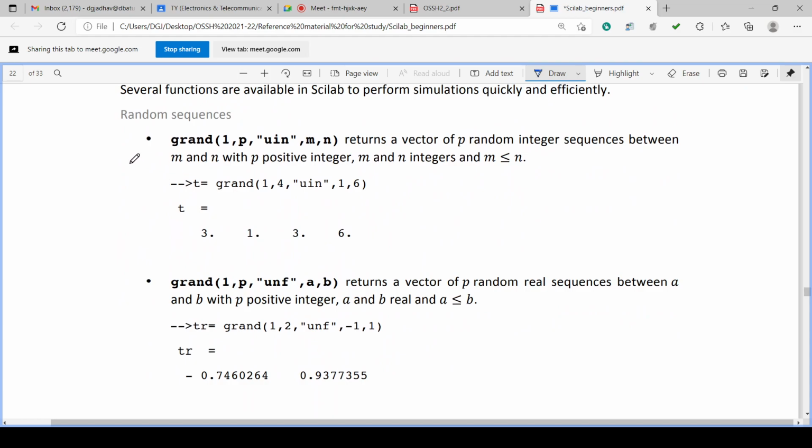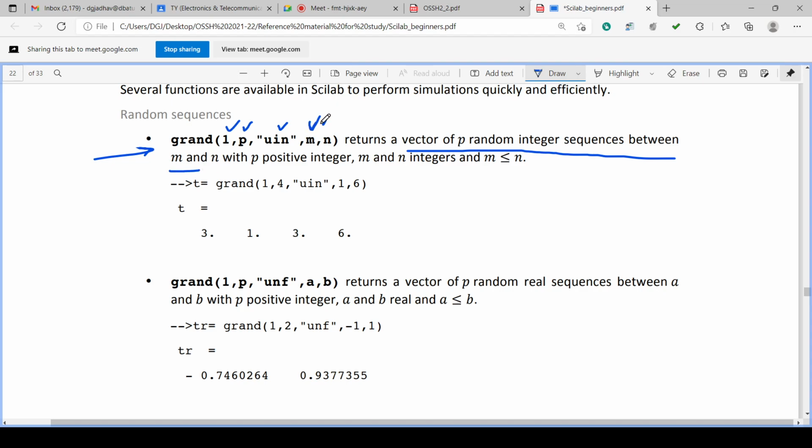Then grand, which we have used previously: grand(1, p, "uin", m, n). It returns a vector of p random integer sequence, 1 comma p. So it returns p different random values between m and n, with minimum value m and maximum value n. For example grand(1, 4, "uin", 1, 6).